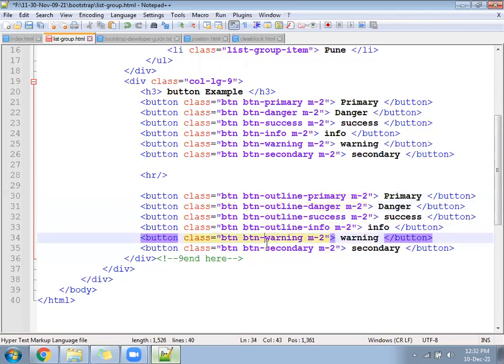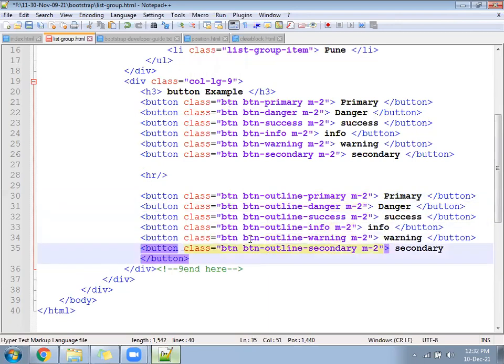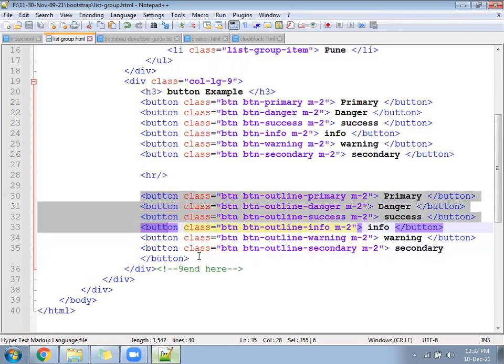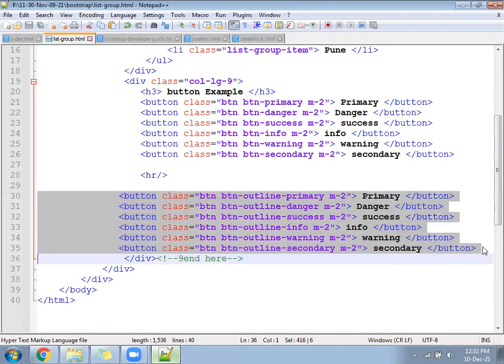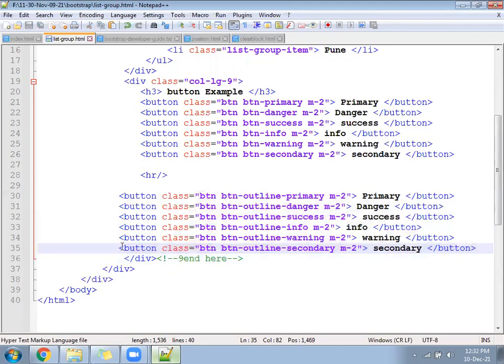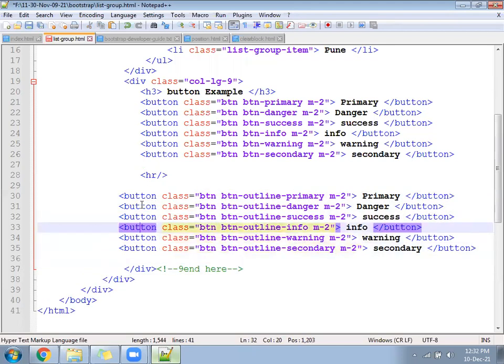You'll see the button design will change completely. It will come with the border. Once you move the mouse, then the color will apply. Primary, danger, success, info, warning, secondary.